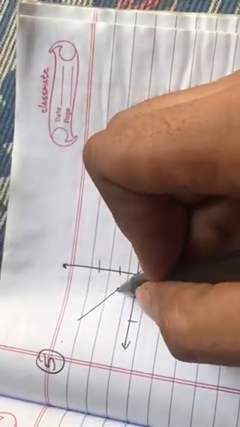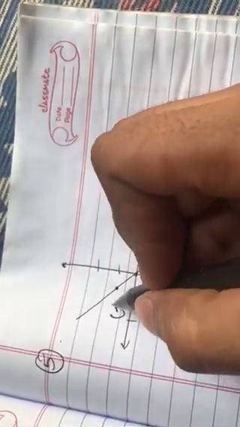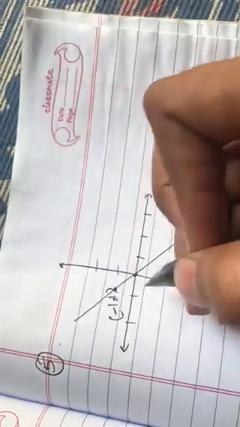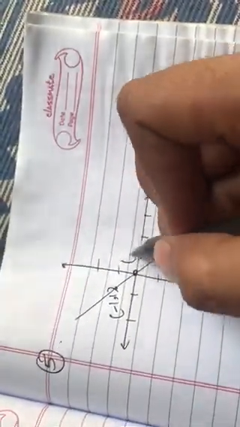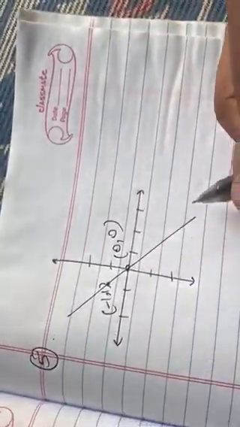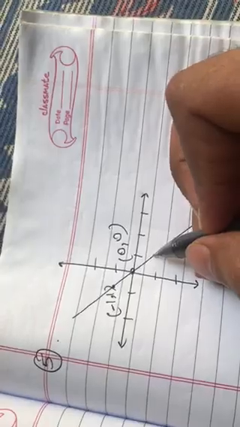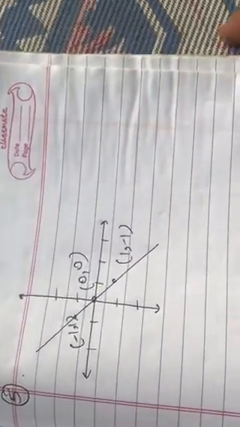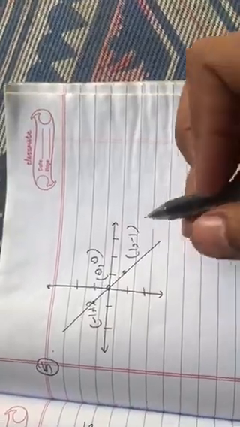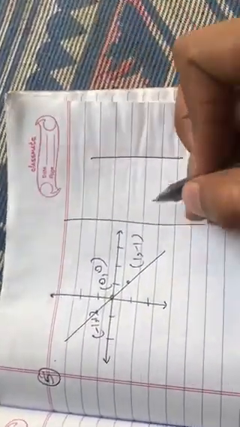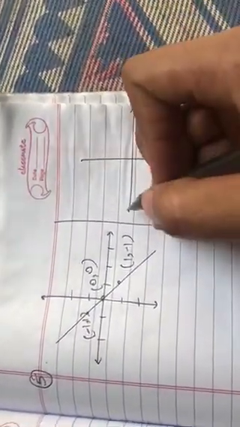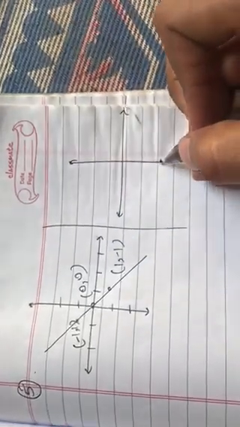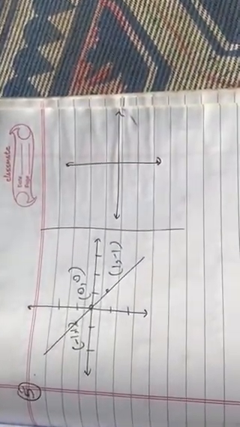There are 3 points on this line: (-1, 1), (0, 0), that means the origin, and one another point, (1, -1), right? And your next figure is